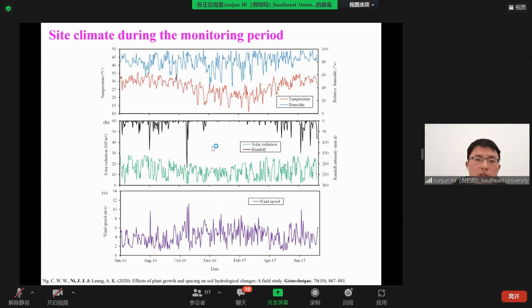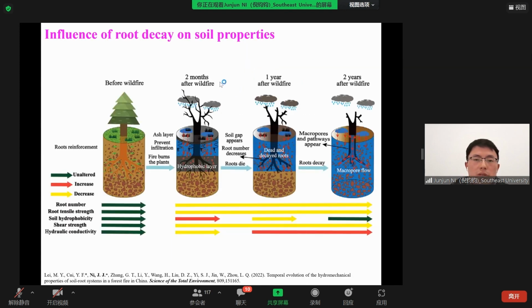This is the field measurement of the climate data. I will just skip this, because this parameter can be very important when you do the back analysis about the soil hydraulics. Now, before interpreting the results, I just introduce one important observation about this root decay. Okay, not only in this